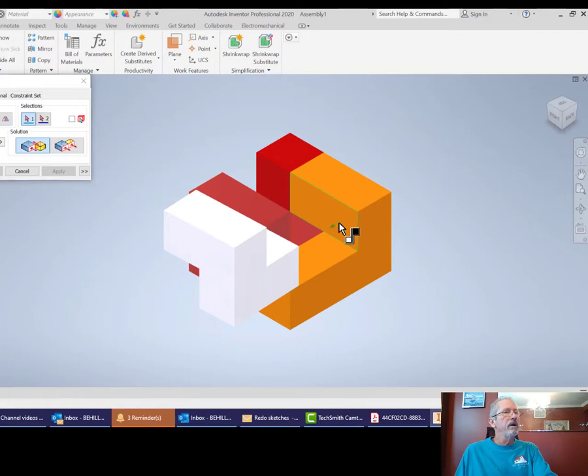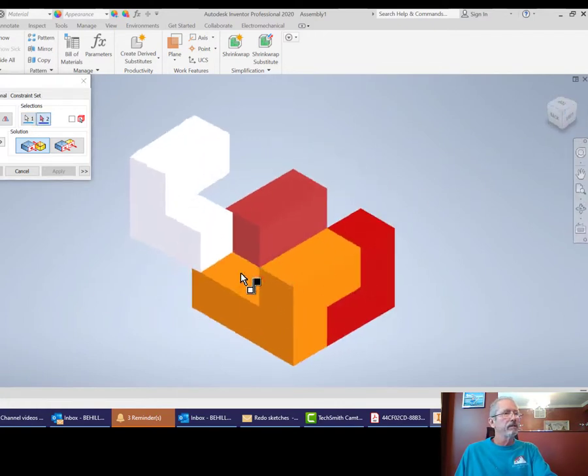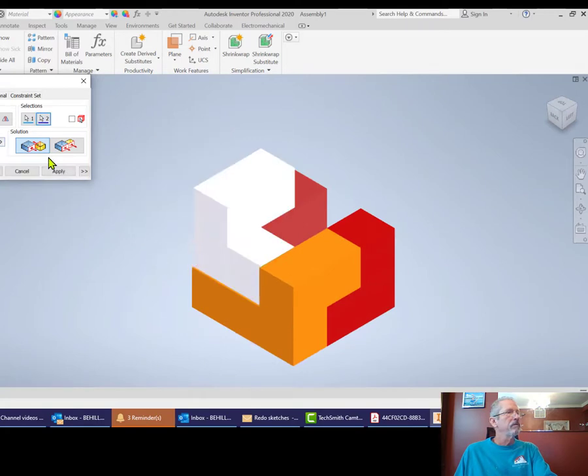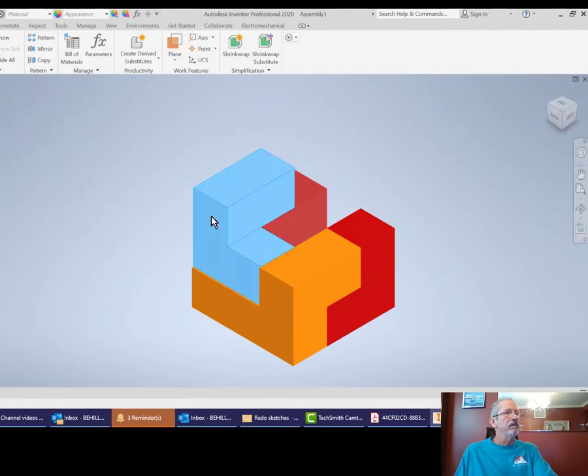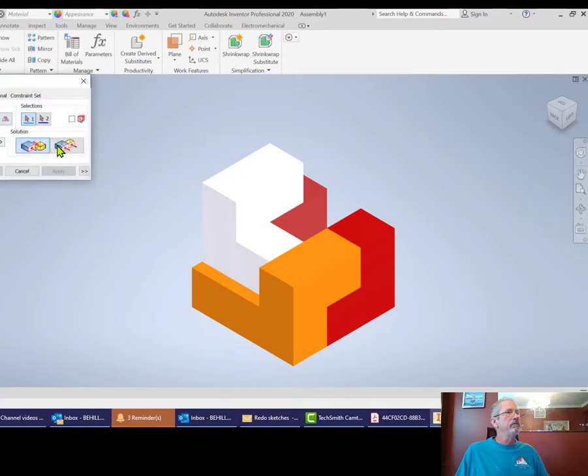And I'm going to do another mate here just to show you. I'm going to rotate this around here, and I'm going to apply that. So there's 2 mates, and then all I have to do is a flush here. So again, all this is going to move back and forth here, and you can see that it kind of ghosts there. If you're confused as to what you have to move around, you can just